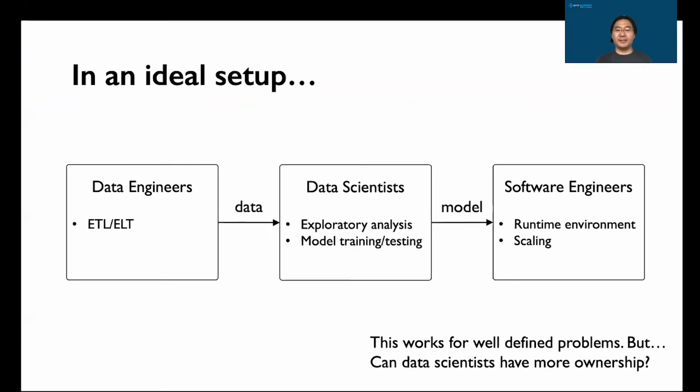So let me start with a very ideal setup. I think this is when we talk about modern-day data engineers and data scientists and how we get things into production. This is the very high-level view in many people's minds. You have some data engineers, and their role is mainly to get the data and store, transfer, and load it. Then they prepare the data, including a lot of cleaning and pre-processing steps. And then you have the data ready.